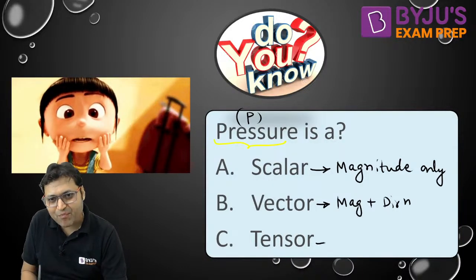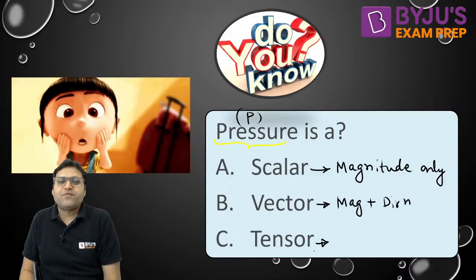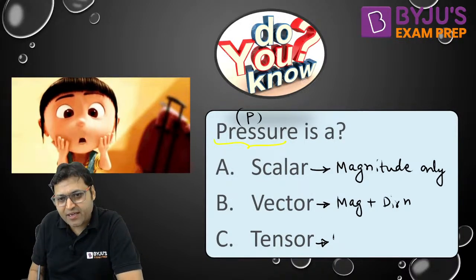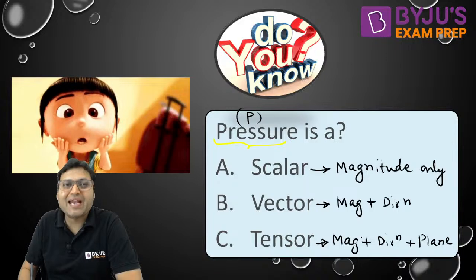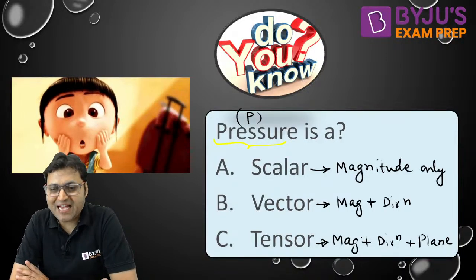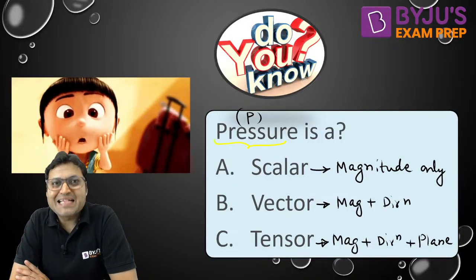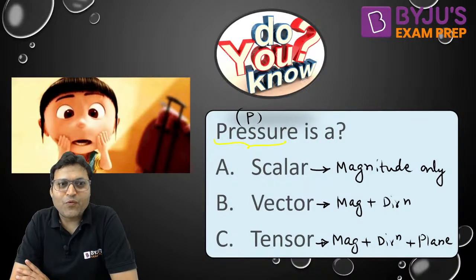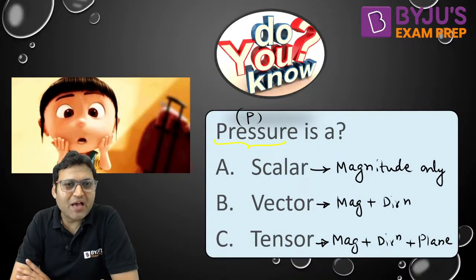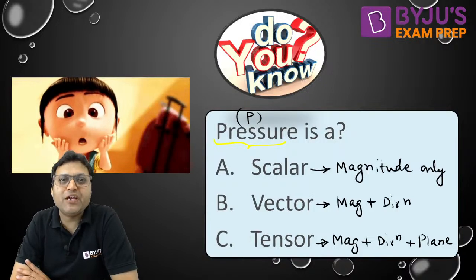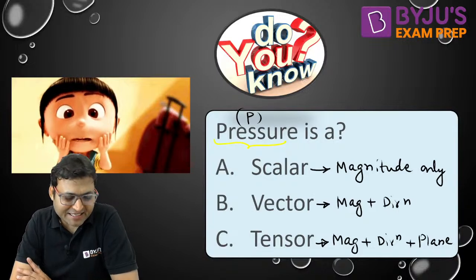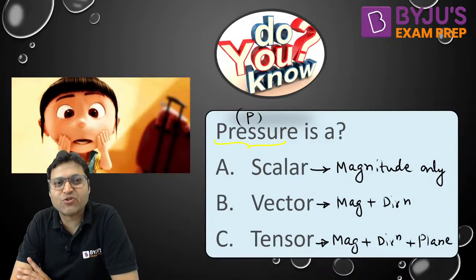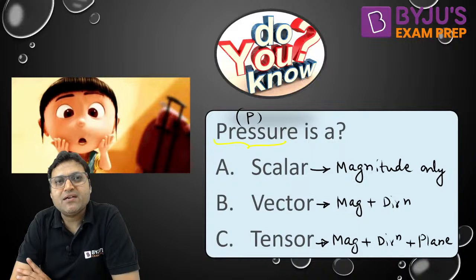The third type of physical quantity is a tensor quantity, which requires magnitude plus direction as well as plane of action. For an example, stress. Stress is a tensor quantity. For stress, we want to have the magnitude, we should have the direction also, and we should also be having the plane of action of this stress. The stress is developed in which plane, based on that we can classify it to be the normal stress